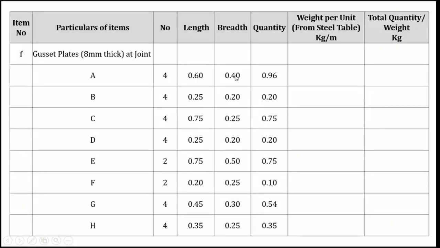Of size 0.6 by 0.4. These things you have already written in the previous column itself. Only thing is what has to be written here. In the previous column we had written two numbers. On two faces you have to do, therefore you have to multiply by 2. What all things you have written previously, that has to be multiplied by 2. The central suspenders were one number, so we multiply it by 2, therefore it will be two numbers. If you multiply it by 2, we get the painting quantity of the gusset plate.